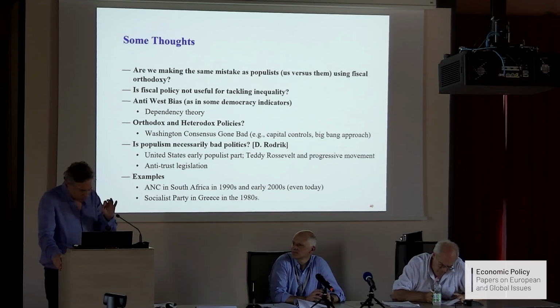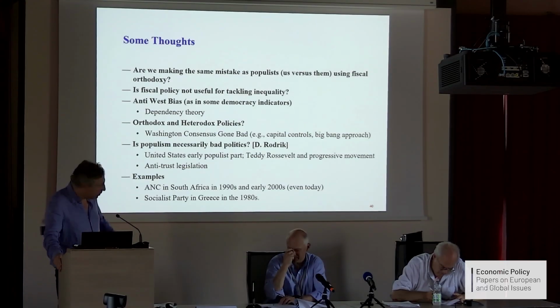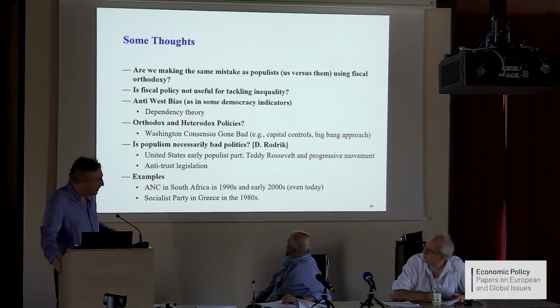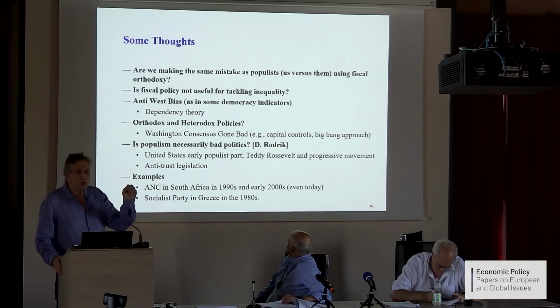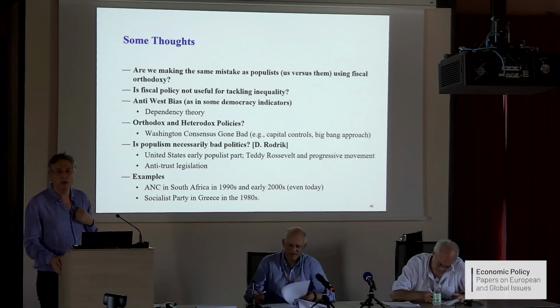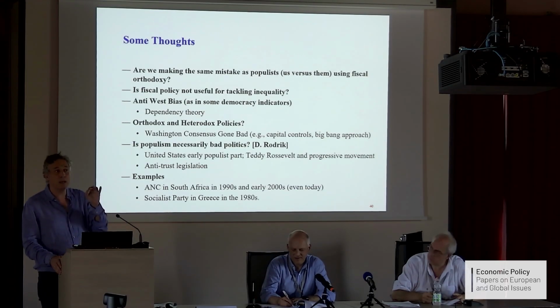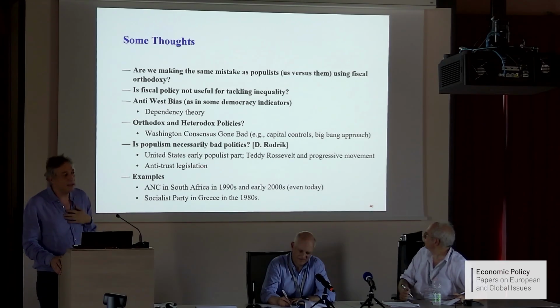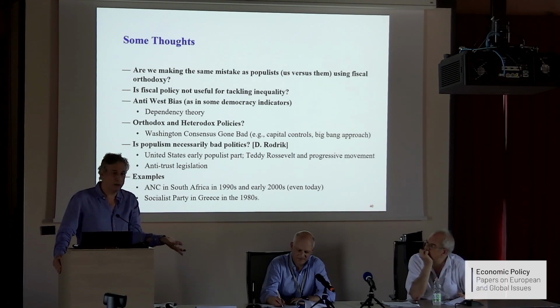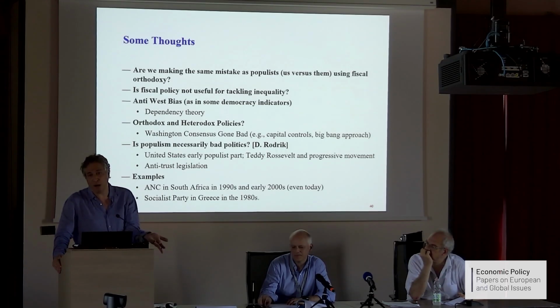Let me give two concrete examples, one from my personal life, one from my professional life in South Africa. In this classification, I had to really push as a referee to take out the African National Congress, which was considered, under either Mbeki or Mandela, a populist party. Why? Because it spent on the indigenous African community after the end of apartheid.